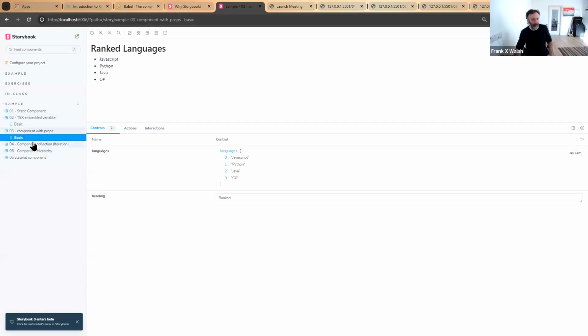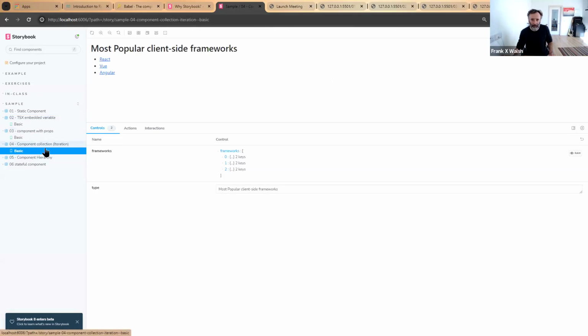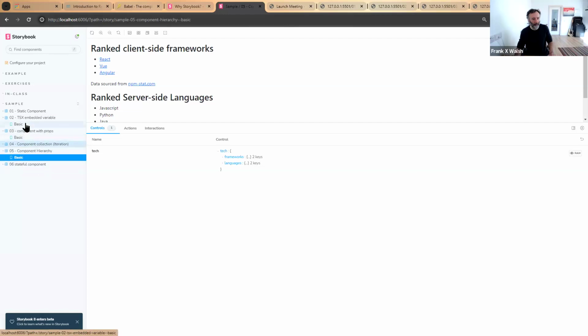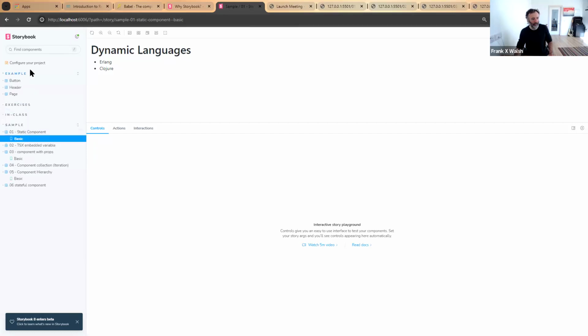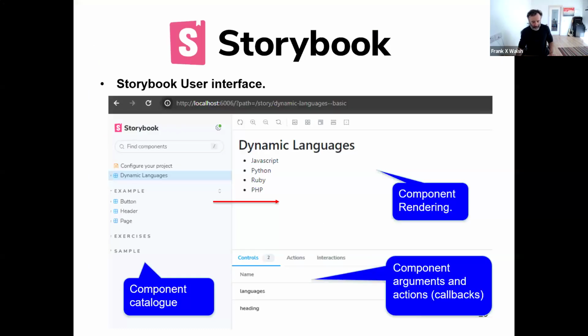These are different examples of React components, and you can have a look at them. These are the different stories associated with them, right? Up the top here, we've got a few different ones. There are some example ones for buttons and stuff that's built into Storybook, which won't be in the lab. Anyway, to go back to the slides, what you're looking at here is